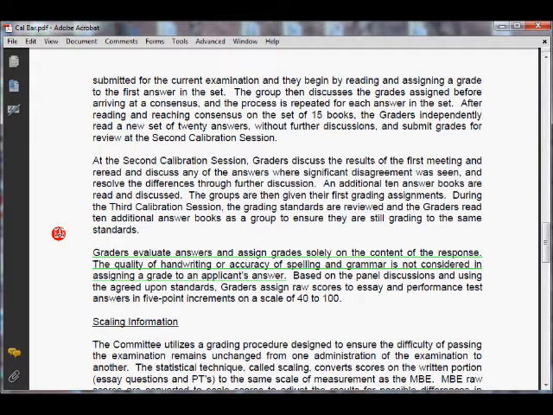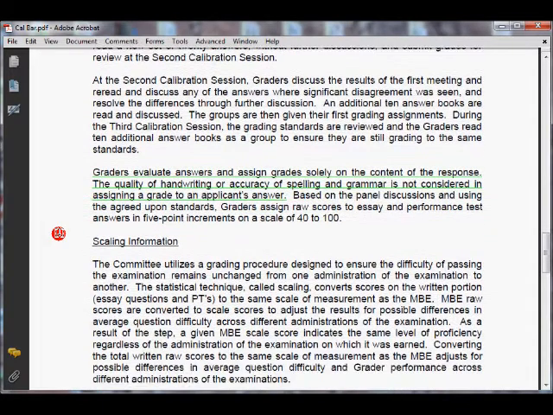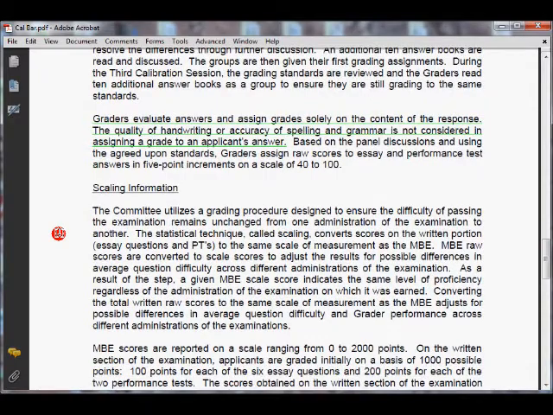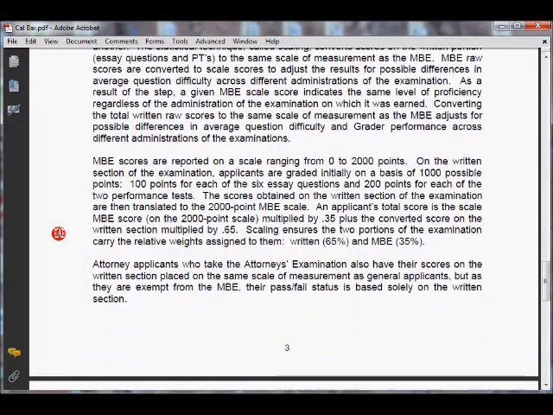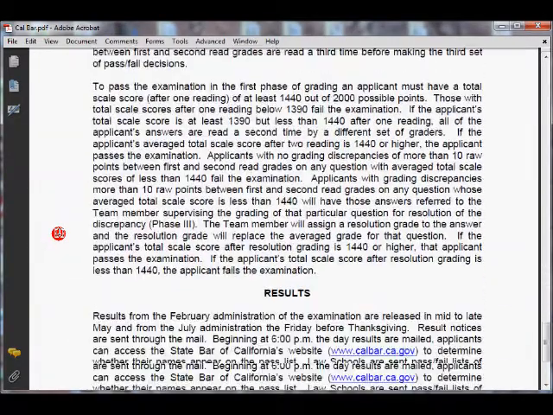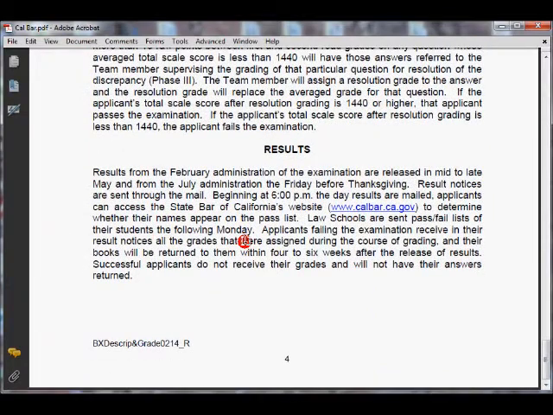And also, if your grammar is so horrible that it can't be understood exactly what you're trying to get at, I'm thinking that's going to drop your grade a bit as well. So, all things being equal, try to spell words correctly and try to use proper grammar. I think that was all that I wanted to point out.